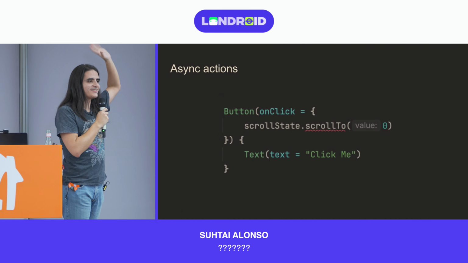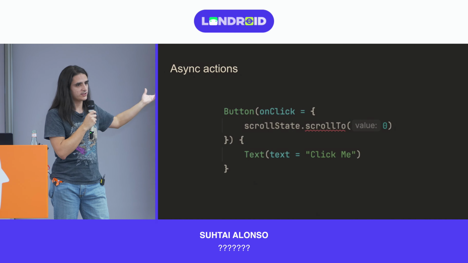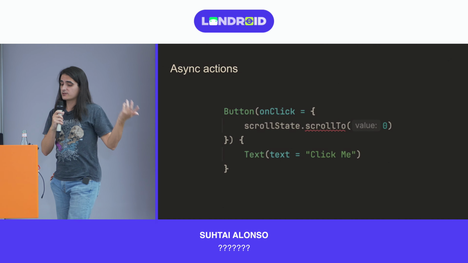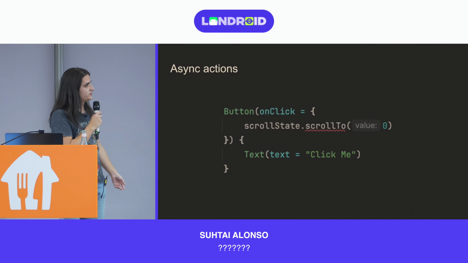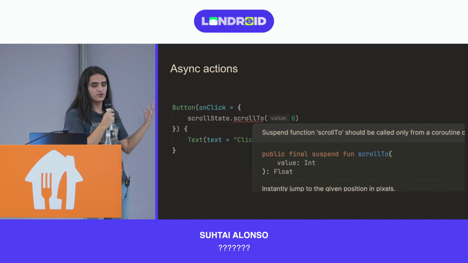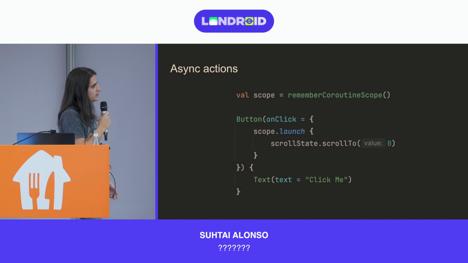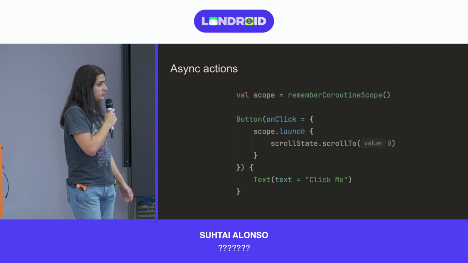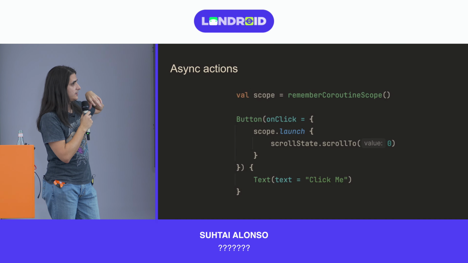Yeah? Raise your hand. So you normally want to call the scroll state of a list whenever you press a button, for example, to go to the top or to go to a specific item. But this is a suspend function, and you can't really run a suspend function within a callback like that, because you might need to suspend. So you need a coroutine scope in this case. The most common thing that people do is get the current coroutine scope, and then you launch the operation. In this case, it's an operation